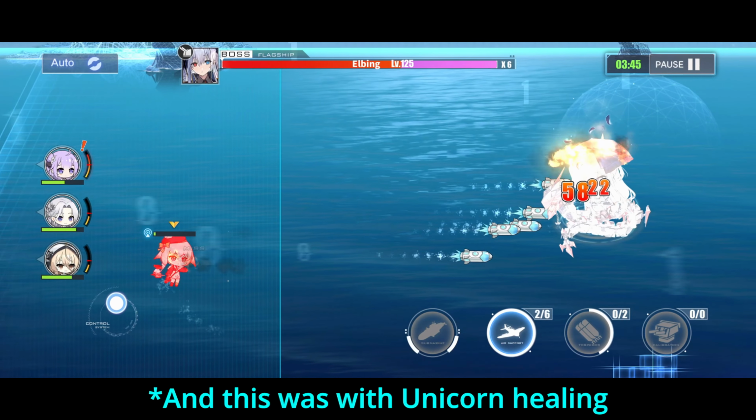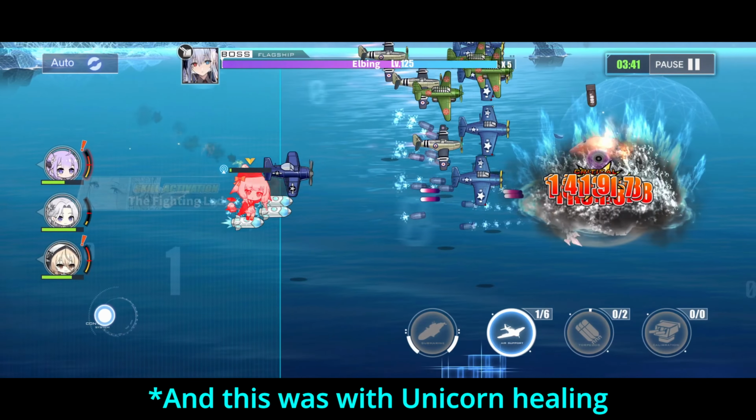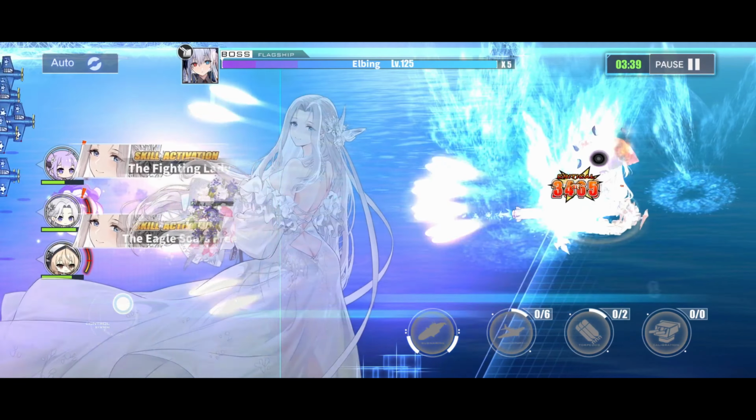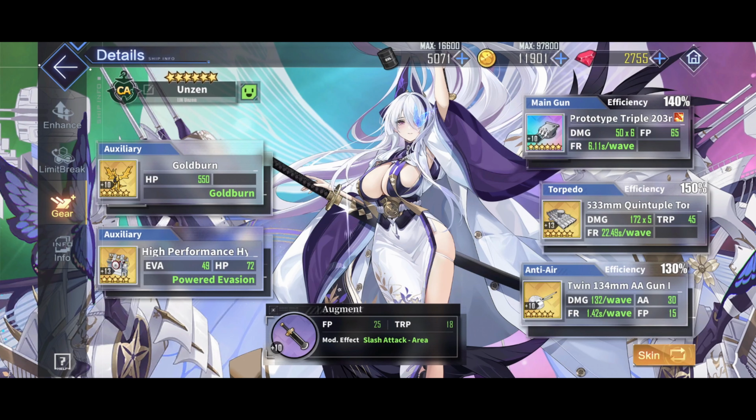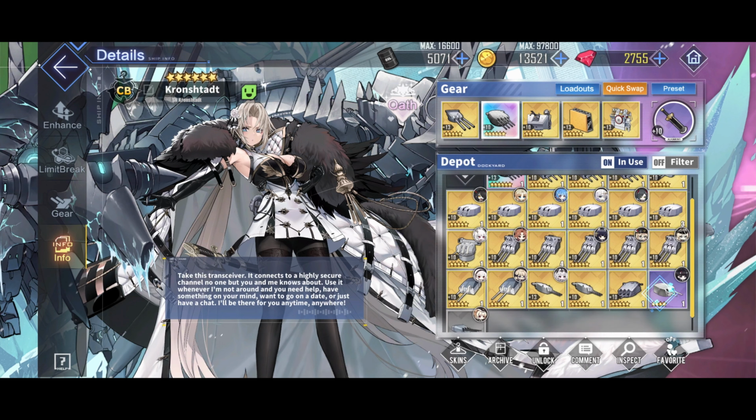Even though I wasn't getting hit by her Fatal Sting, she still fires a bunch of other attacks, which take a toll on lower HP ships over the course of the battle. The most effective ships I found were Unzen, with her high explosive main gun. Full HE Kronstadt is a great tank, but I later replaced her with Helena,